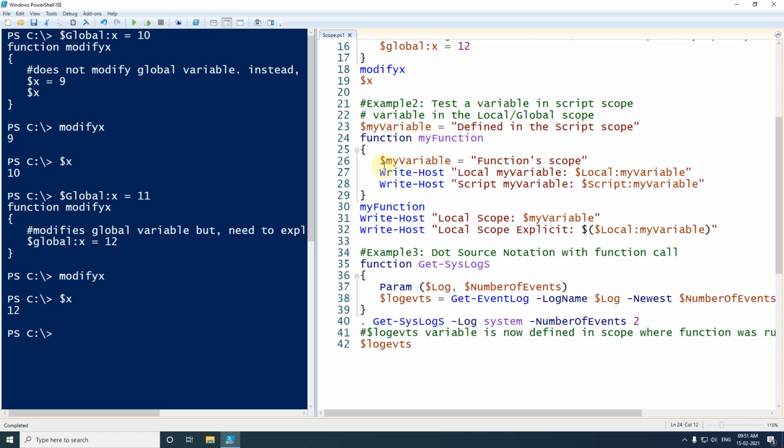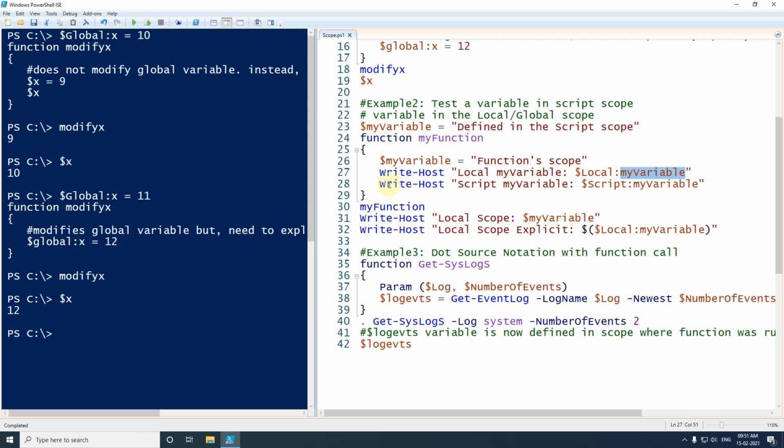Inside the function I have again created the same variable, my variable, and this time I have assigned the value function's scope. After that I am printing the variable, calling local my variable. In this one I have specified the local scope modifier and given the name of the variable.